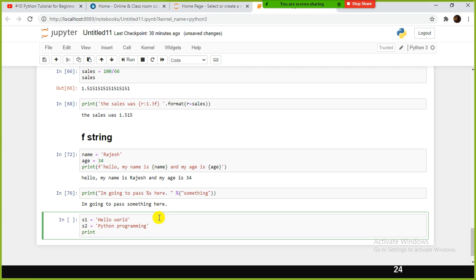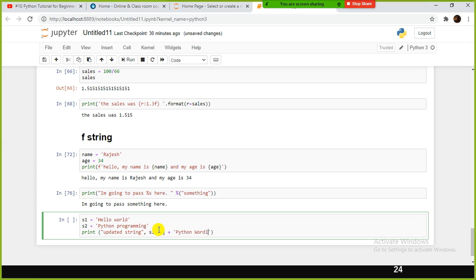So what I'm going to do is print. I'm going to update this string, updated string. Plus I can say here also Python.